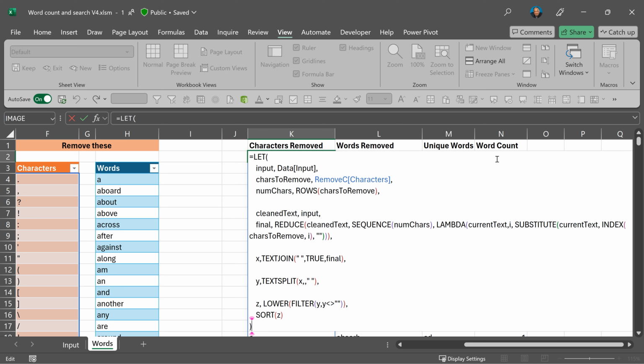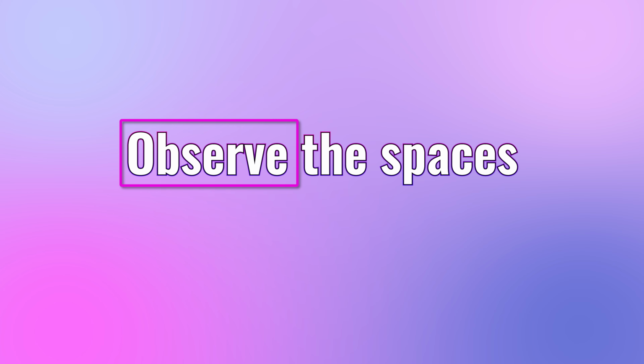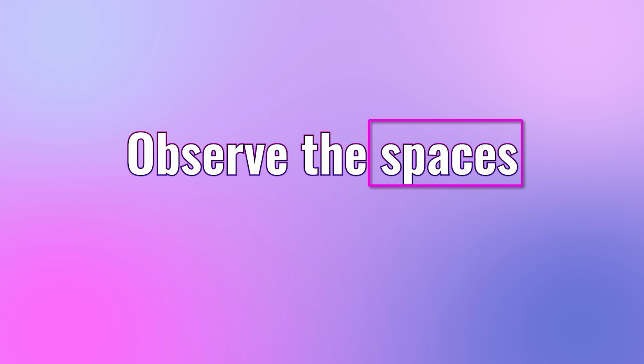Earlier, I explained this long and complex formula where we were going through the list of punctuation characters, which are remove characters, and then in a loop, we are basically removing them from anywhere in the text. That's already done. But now I want to remove the words. If it's the first word, there will not be a space before. If it is the last word, there will not be a space after.